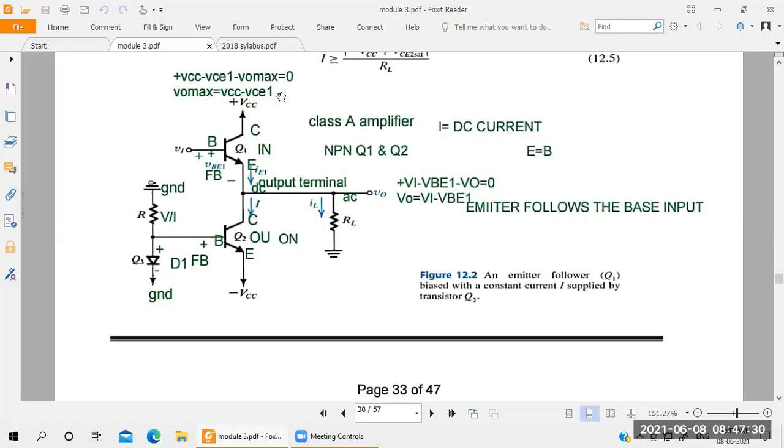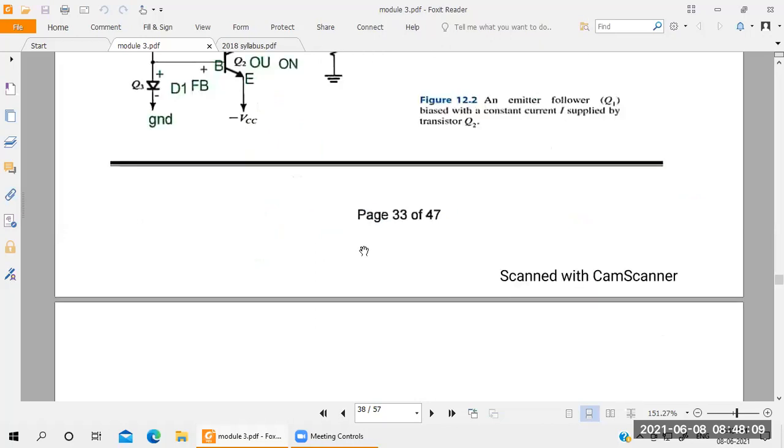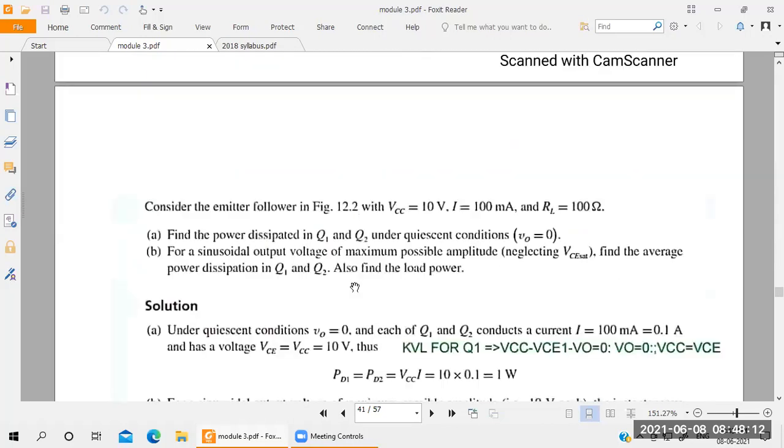Understood? So here you have to take Q1 as the AC current output and AC voltage output, and Q2 only for DC. Q2 is going to be at negative VCC and Q1 at plus VCC. So Q1 and Q2 are operated with DC, plus VCC for Q1 and minus VCC for Q2. Q2 will generate the DC current I, and Q1 will generate the AC current. So the total output of the class A amplifier is AC only, AC voltage and AC current. Same thing they have taken for the maximum power transformation here.